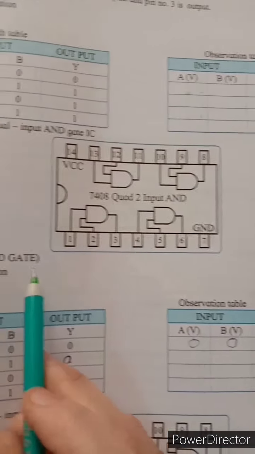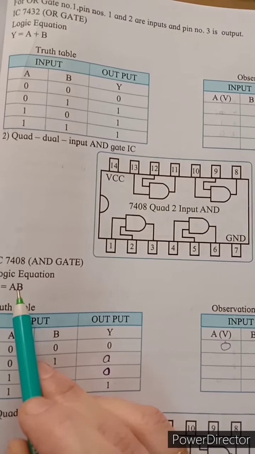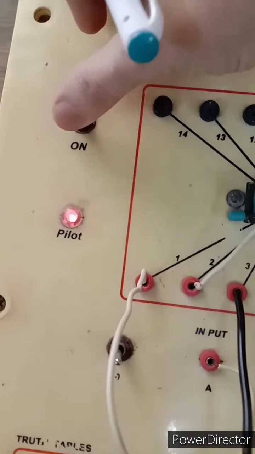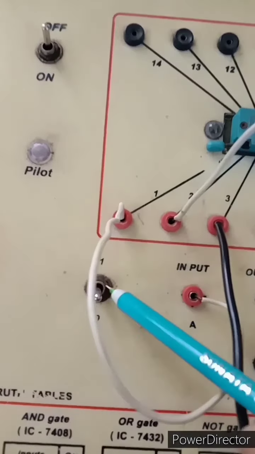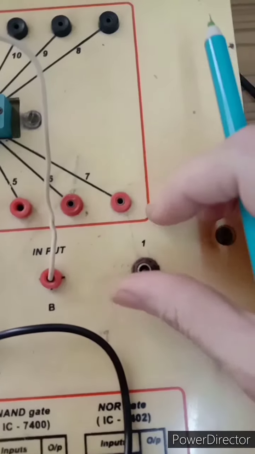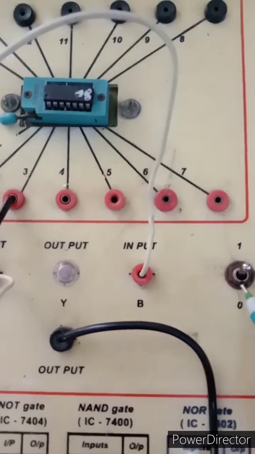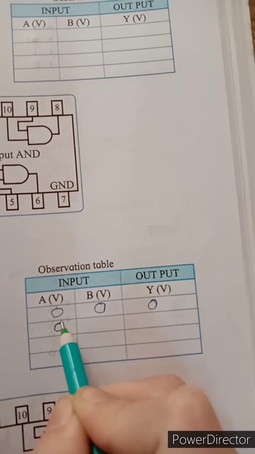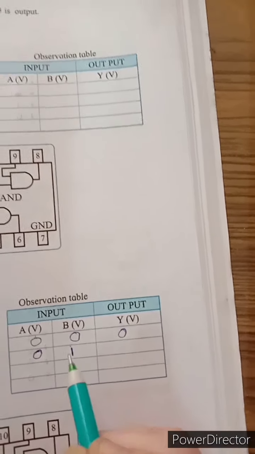Let us check it with this Boolean equation A dot B. That is, it will give you a low output if both the inputs are low. Now switch it off, give another condition. For A condition I will keep it 0 only, and for B I will give the condition high. So input is high at B terminal and input is low at A terminal. So I write down input is 0 for A terminal and input is high at B terminal.